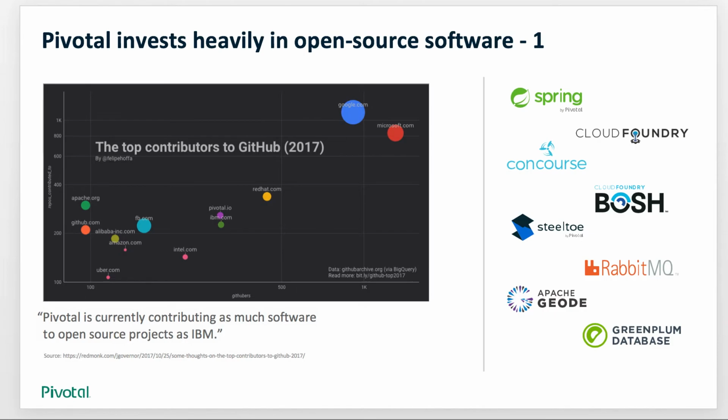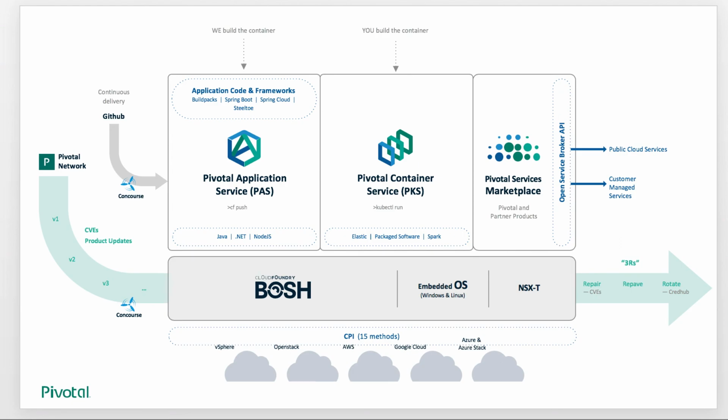We have Spring, Cloud Foundry, Concourse, which is a CI/CD tool, BOSH, which is open source release management, Steeltoe, RabbitMQ, Apache Geode, and the Greenplum database, all open source technologies. And here you see that